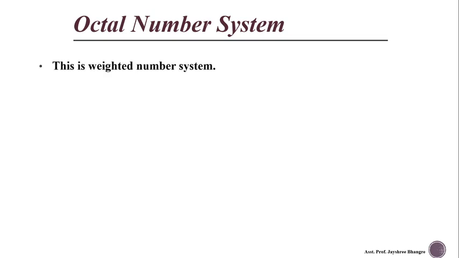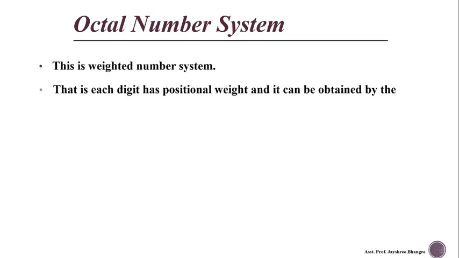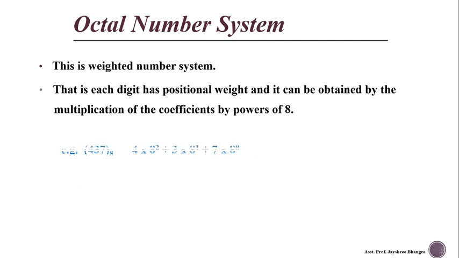So this is also a weighted number system. That means each digit has a positional weight, and it can be obtained by multiplying the coefficients by powers of 8. So let's see the example. Here the octal number 437 is given. Again, we are multiplying each coefficient by the powers of 8, which increase from right to left in positive numbers. So the value of the 7 is nothing but 7, because 8 raised to 0 is